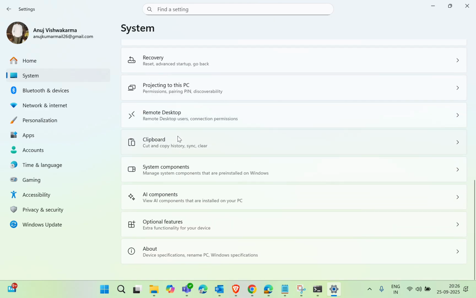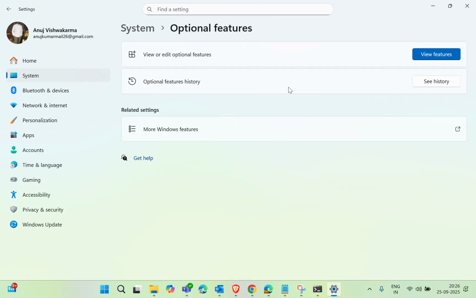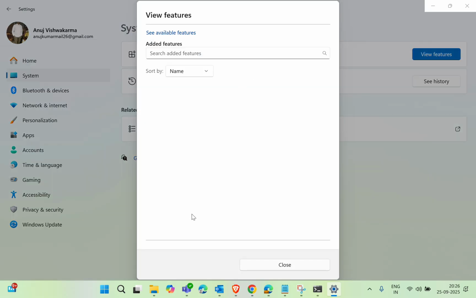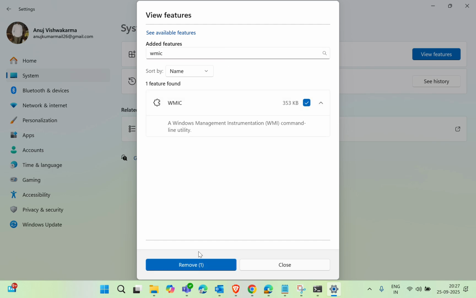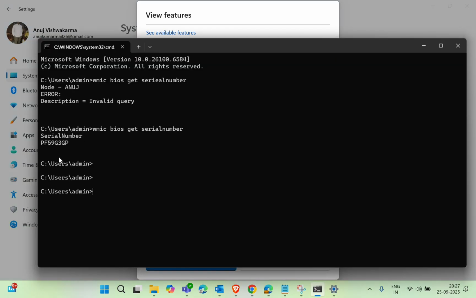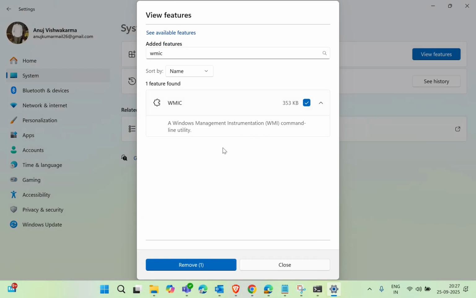Going into the system, click on Optional features, View features. Here we can search WMIC. It's already added. If anyone is not finding the serial number in the command prompt, then you can install this utility in the system menu, or you can also run